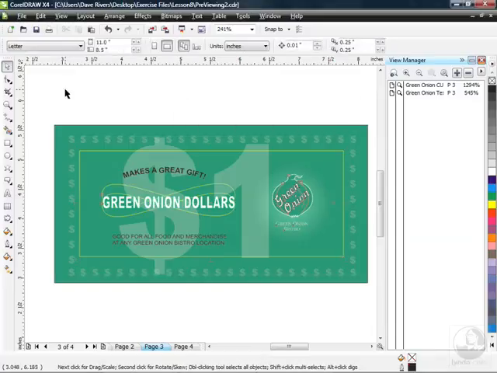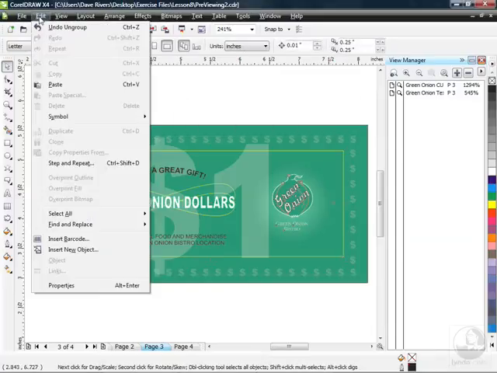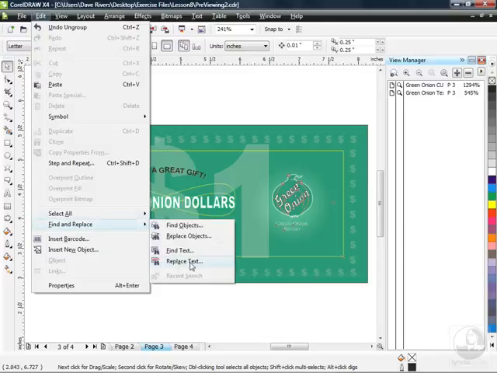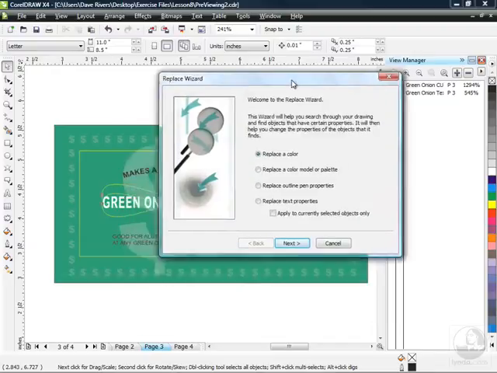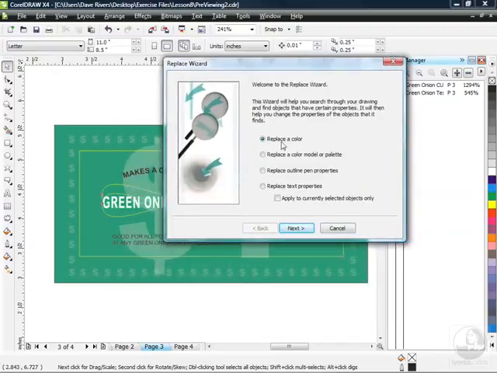I'm going to deselect everything and go back to my Edit menu now, down to Find and Replace, and this time we'll go to Replace Objects. Now when I come in here, I get the Replace wizard, very similar, but here's where I choose what it is I want to replace. Is it a color model, or a palette? For example, if I wanted to take all of the colors using the CMYK color model and change it to grayscale, just for printing on a black and white printer, for example,